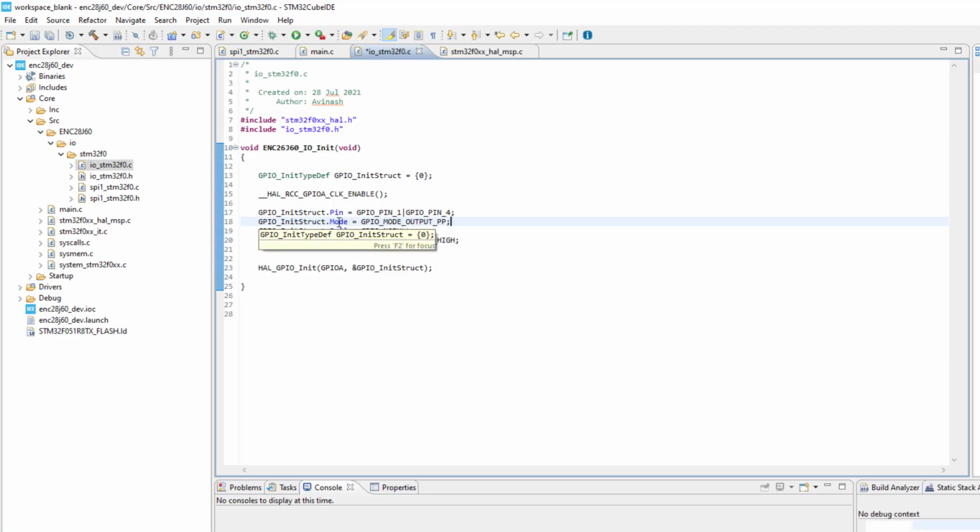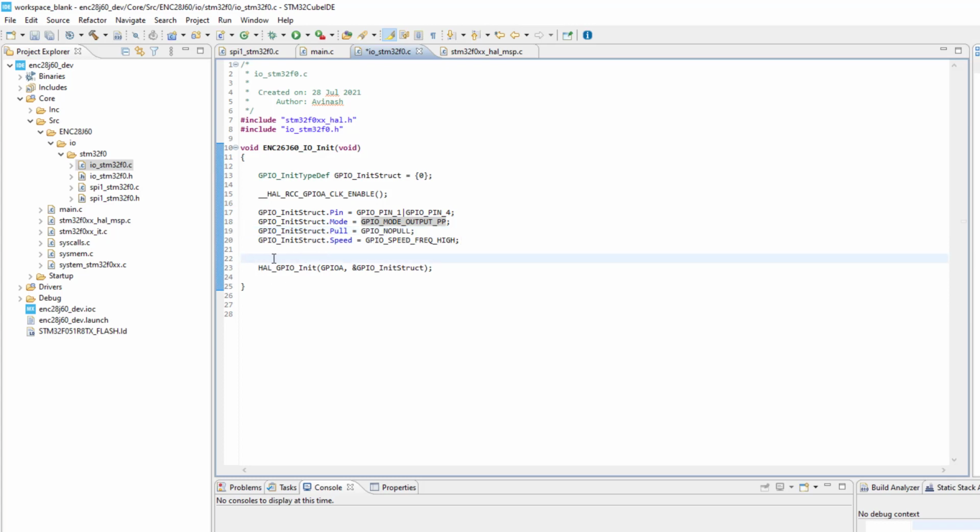And mode, which mode these GPIO pins will be. The mode is output, that means these pins will be used as output, and PP stands for push pull. So the drive type will be push pull, and we do not need any pull up resistors, so we have specified that pull is equal to GPIO_NOPULL, and speed is high frequency.